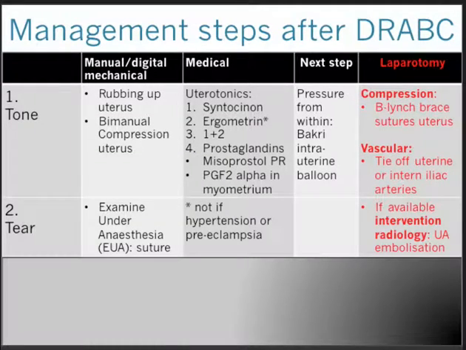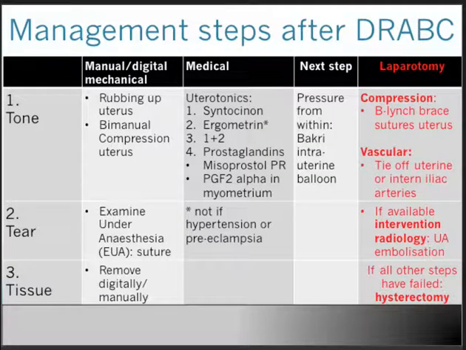Then the second T would be tear or trauma. That warrants examination under anesthesia, suturing the various tears, and dealing with hematoma. And if we go more to the right hand side, we can see interventional radiology is sometimes an advanced method which can avoid a laparotomy to deal with a massive PPH. The third T is the T of tissue, EUA, examination under anesthesia, and with our fingers or our hand